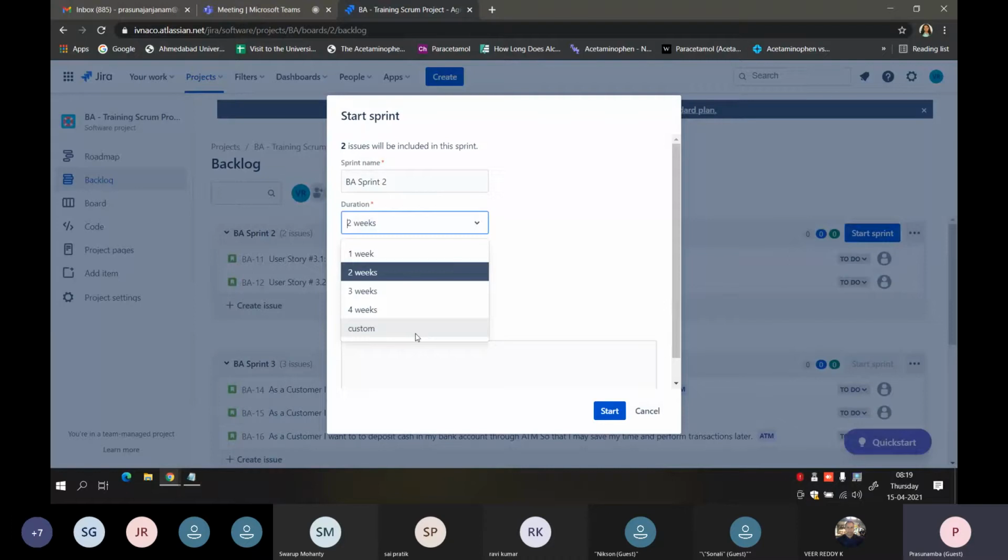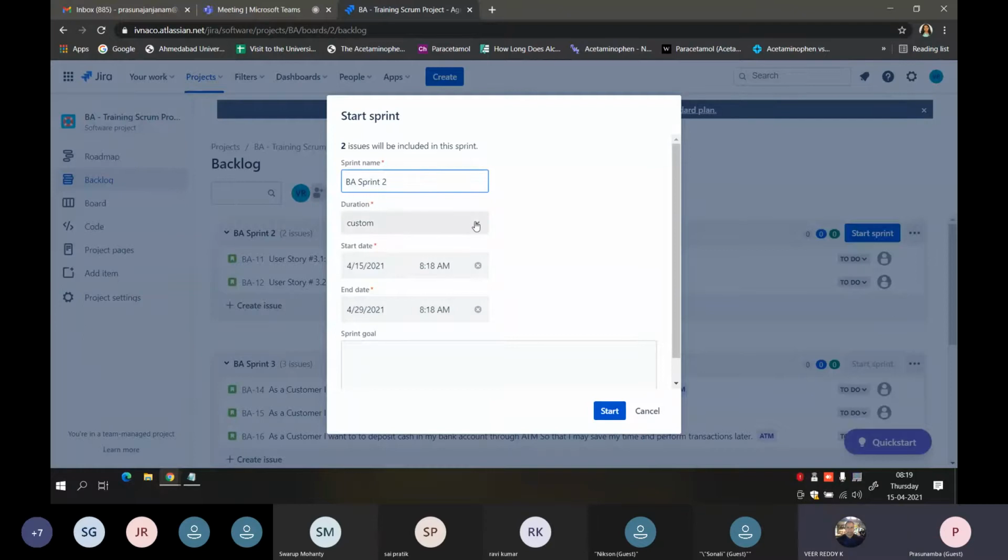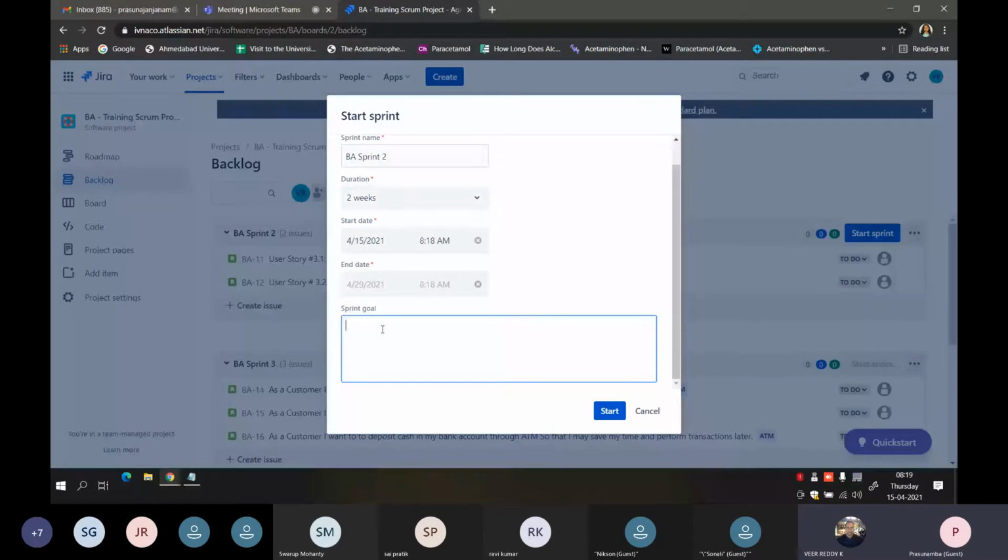And you can also customize this. It shows the start date, like when you want to start it and when you want to end it. You can give the dates over here. You can also edit the sprint name and then the duration. I would be selecting 2 weeks. The start date would come, and then automatically the end date would be selected. And if you want to write any goals, like what is supposed to be happening in this sprint, what the main goal of it is, you can mention it over here. This is not compulsory, it is optional. And then you start the sprint.